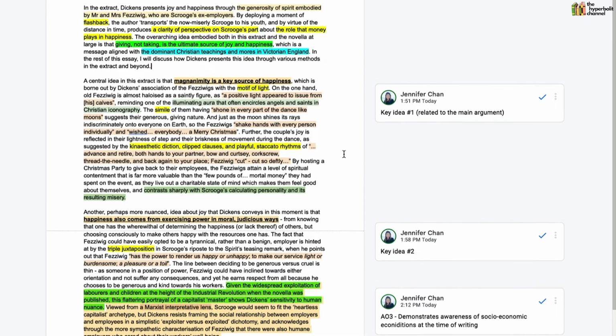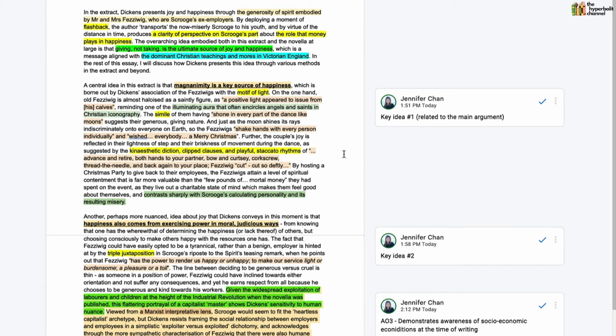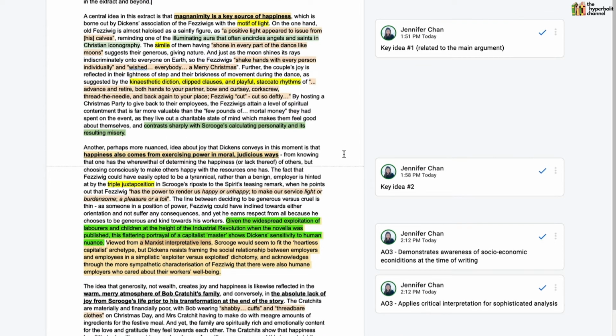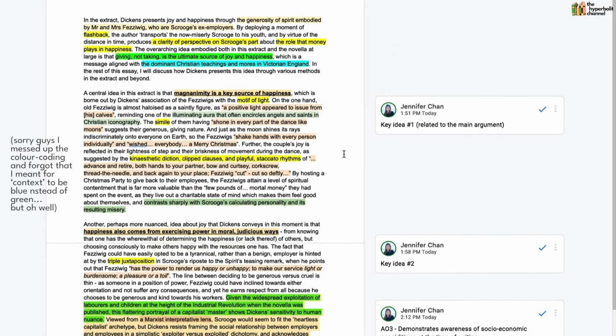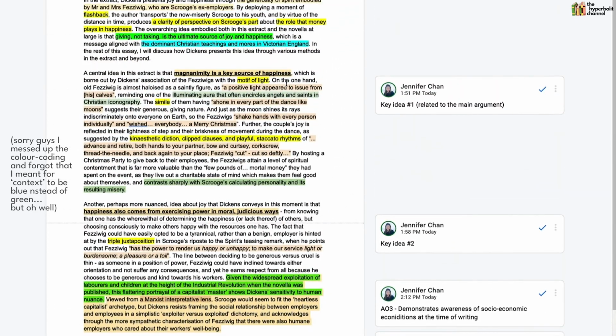So no doubts about that as well, that the student has engaged with AO2, and more specifically, it isn't just that the student has identified these author's methods, but that the student is able to glean the effect of the use of these methods and link it to how these methods help the author illustrate his main ideas and themes. And then also you have AO3, which is the contextual point, and we see that again in the way the student very nicely overarches and threads throughout the essay, subtly at the appropriate points, these ideas about how generosity and